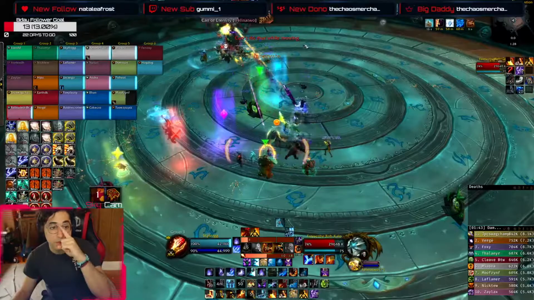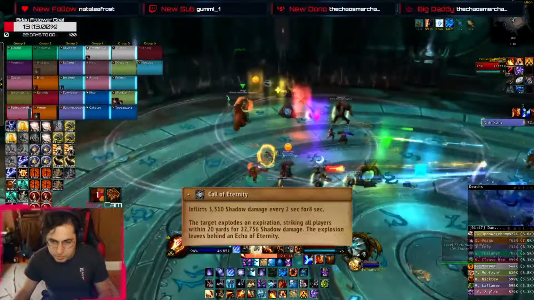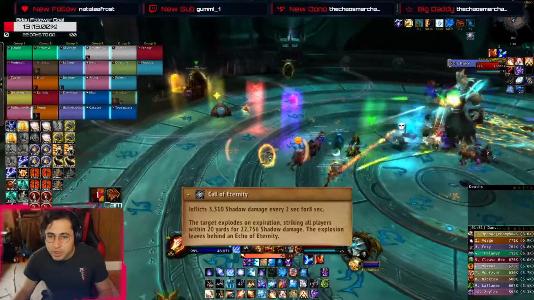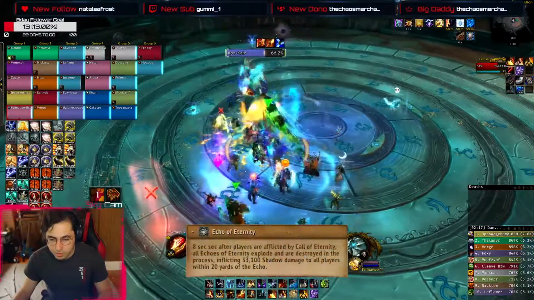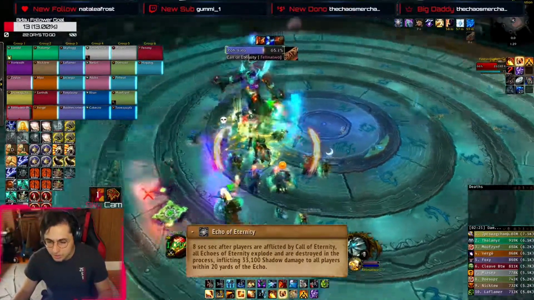Random players in your raid are going to have to deal with the Call of Eternity debuffs. This ability has a very large telegraphed circle indicator, and these players are going to suffer some dot damage. When the debuff expires, the players are going to take bigger damage and drop the orbs off. Echo of Eternity makes it that 8 seconds later, these orbs are going to detonate within that same 20-yard circle